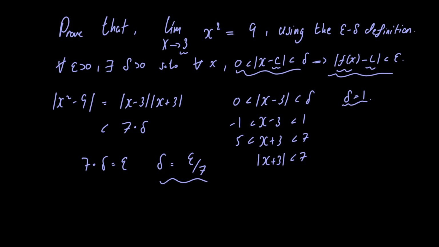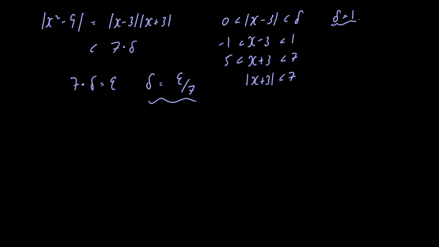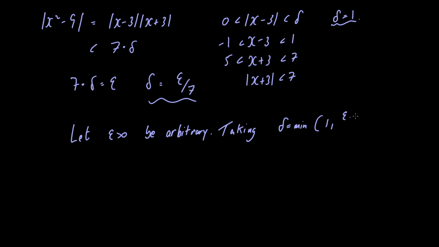So let's begin with the proof. We begin by letting epsilon be greater than 0 be arbitrary. So we have: let epsilon be greater than 0 be arbitrary. Taking delta to be equal to the minimum of 1 and epsilon over 7, we have